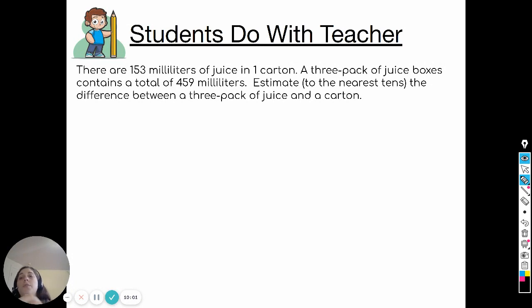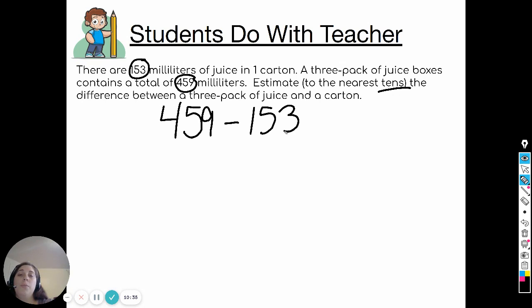There are 150 milliliters of juice in one carton. A 3-pack of juice boxes contains a total of 459 milliliters. Estimate to the nearest tens the difference between a 3-pack of juice and a carton. Okay, so we need to estimate the difference. Since we're doing subtraction, our big number needs to be first. 459 minus 153 is about,